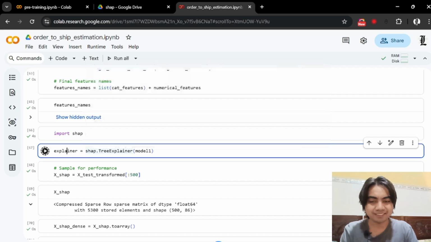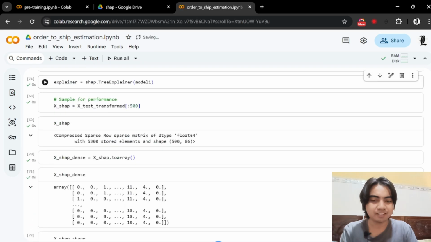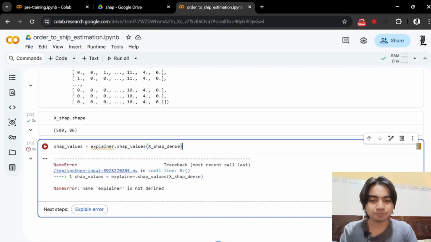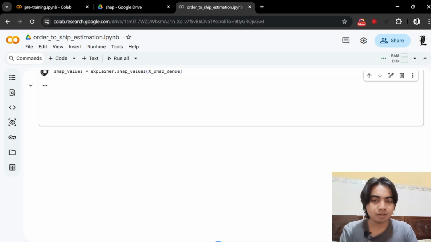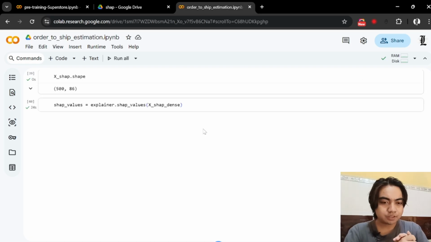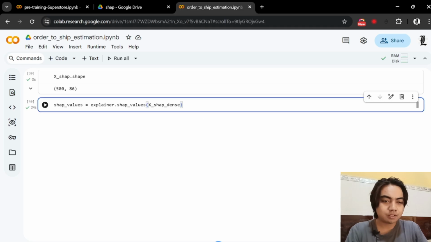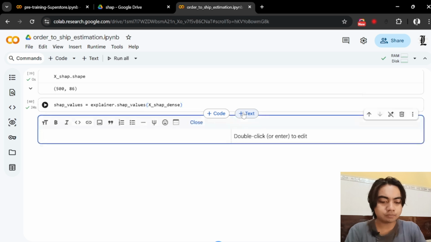Explainer x something. Okay, let's run this again, and then we can wait. Fine, we finished the training for the SHAP values. Now what we can do after this is to visualize. Let me do this. Visualize the data,